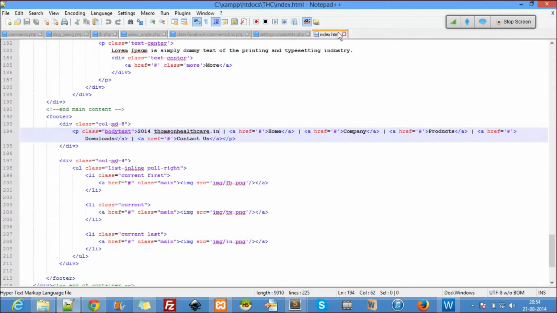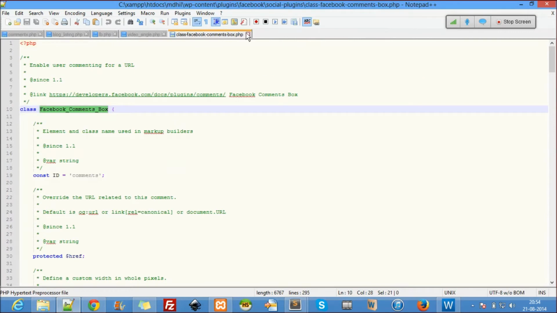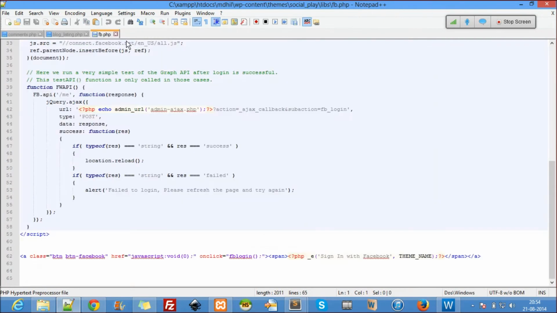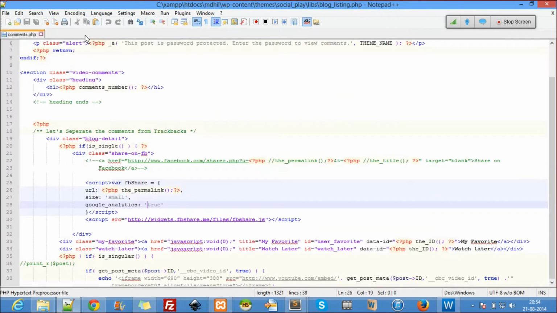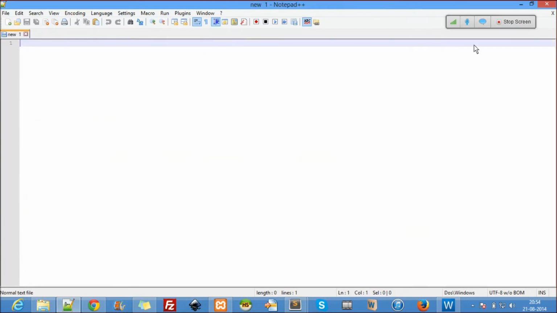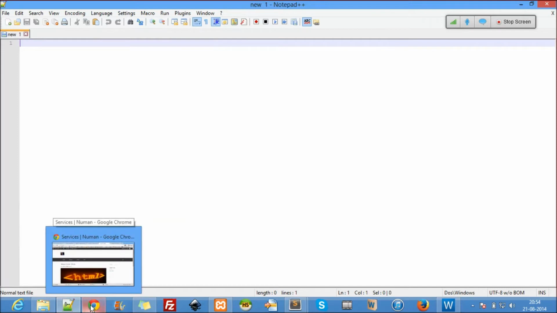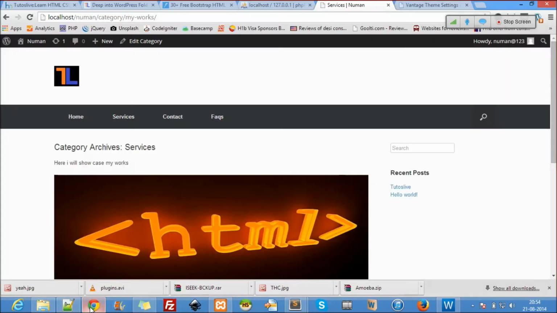So that's the reason I chose a framework over WordPress. But again, I told you guys when to use a CMS and when to use a framework. A framework is for applications. A CMS is for websites where you have to upload content every day. Applications, you won't upload content every day.